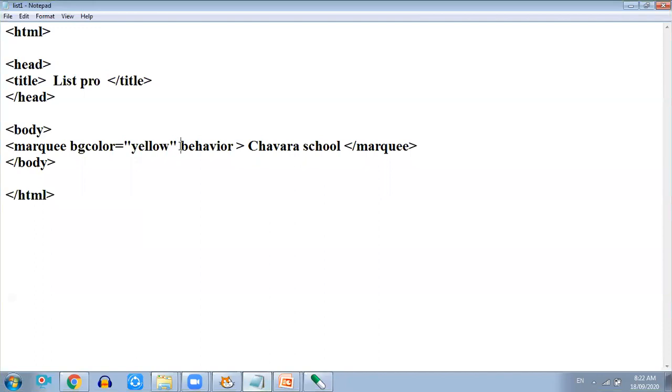So here we have to type behavior, then is equal to, then we will type alternate. Sorry, no need of inverted commas, behavior is equal to alternate.